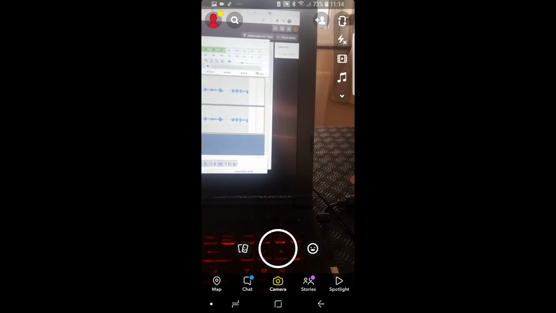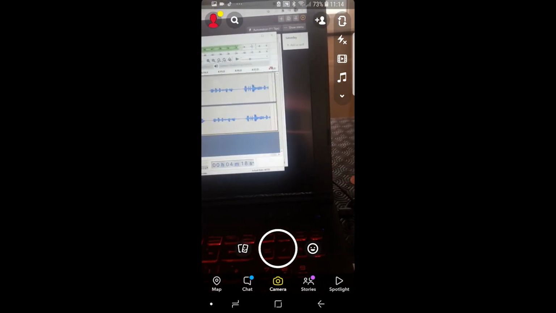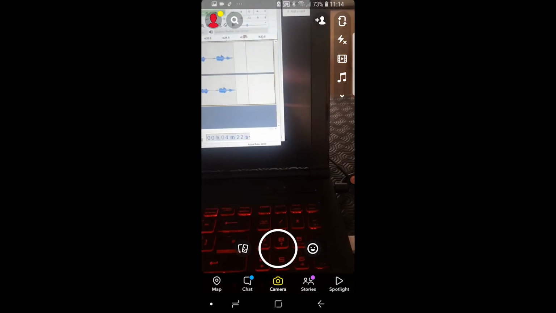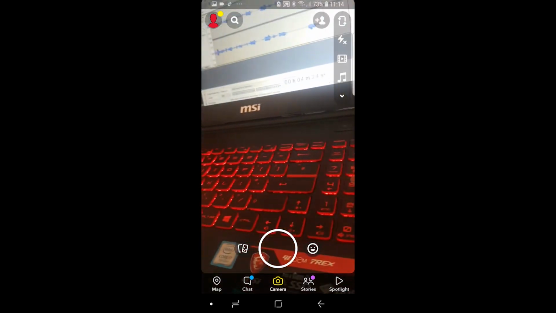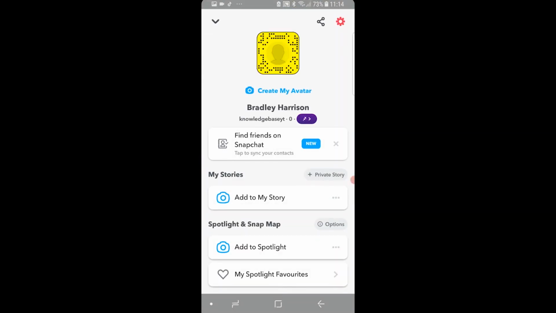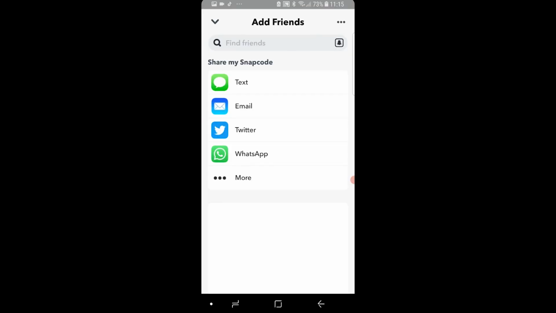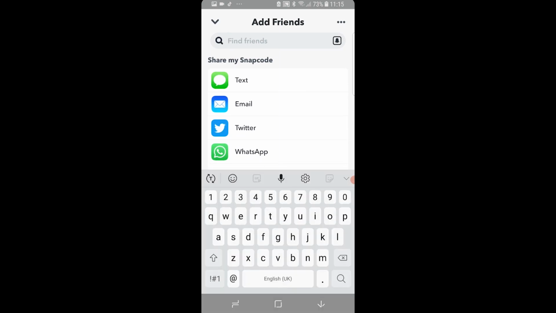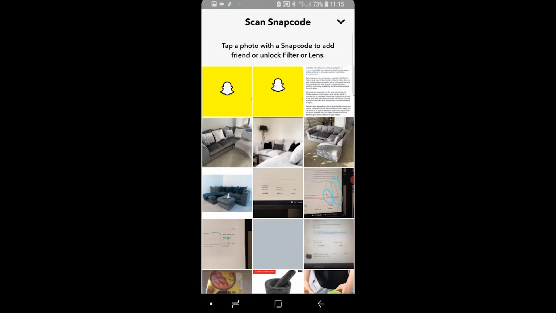So now we're inside of Snapchat, and this is what you will see when you first open Snapchat. If you look at the bottom here, you've got the map, you've got chat, you've got camera, stories and spotlight, and then in the top right hand corner you've got your profile here. If you wanted to add someone, go to the top right hand corner where that friends icon is with the plus, click on that and you can then add friends. You could then add them from their Snapchat username here, or you can scan a QR code.